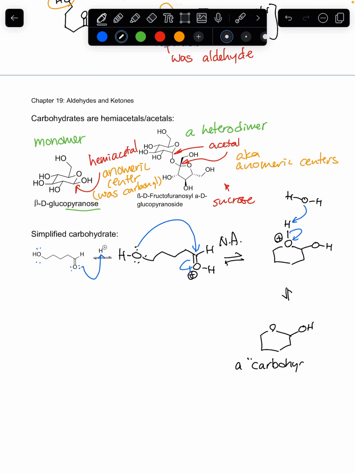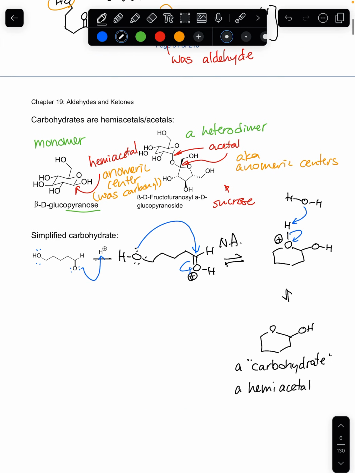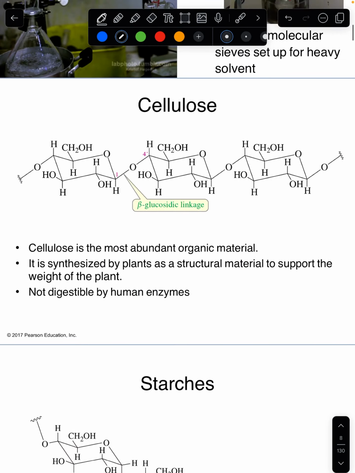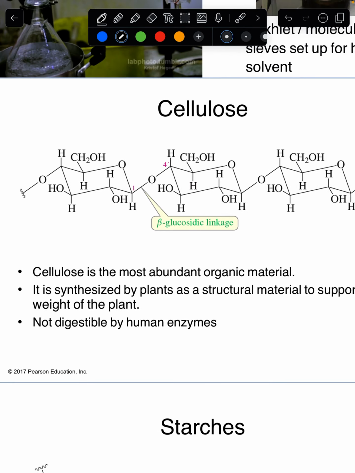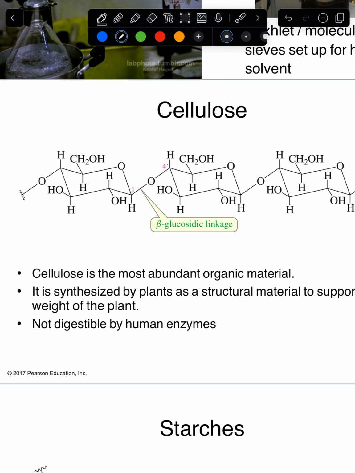And of course, this is a simplified carbohydrate. It's not the real structure. The real structure like you see up here has an OH group on every carbon, but the carbohydrate when it's cyclized is a hemiacetal. Okay. Now that explains the origin of these